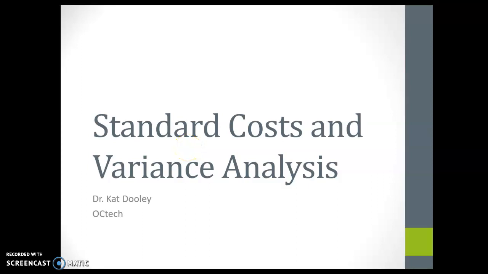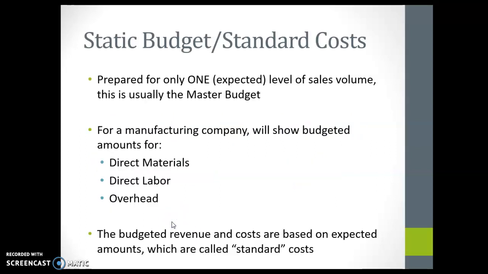At Chapter 10, Standard Costs and Variance Analysis. So in Chapter 9, we learned to do the master budget. And that's a budget that's made for one level of sales value. So in our example that we used for Chapter 9, we talked about